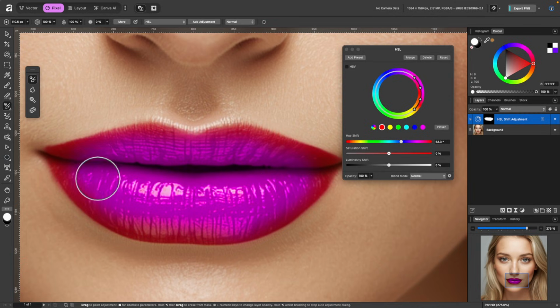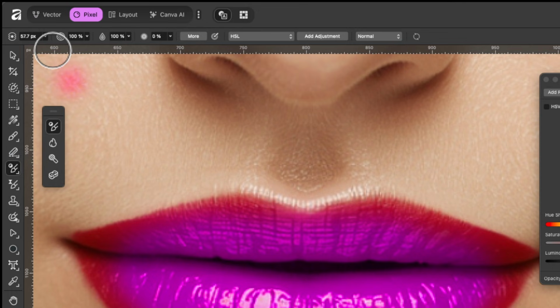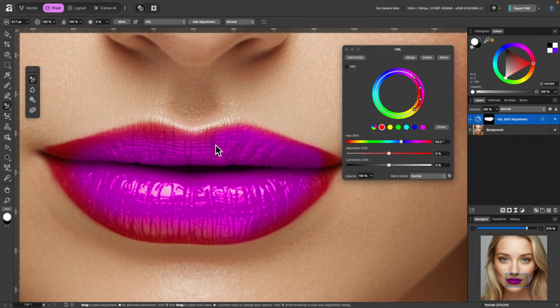Remember, you can change the size of the brush whenever you want by pressing the left bracket key, or just up there in the context toolbar, brush width, and just paint around the lips as best I can in a short amount of time with the trackpad, that is, as well. So there we go, almost done. And I'll make a little mistake over there on purpose.